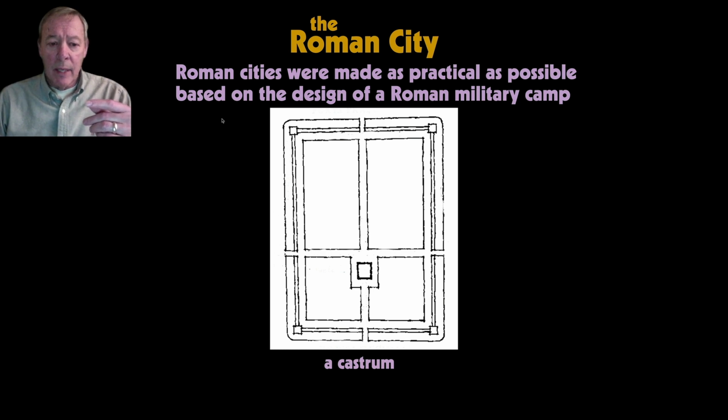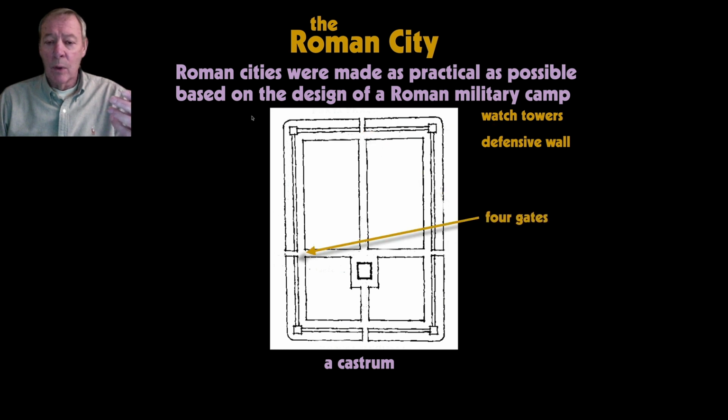The elements of a castrum would be a defensive wall made of stakes in case of a military camp. Each legionary would carry a bundle of stakes with him so that when they stopped they had the materials necessary to build the camp. It would consist of a defensive wall, then watchtowers at the four corners, 4 gates, of course, coming in from each direction, north, south, east, and west, and then a peripheral road between the defensive wall and the encampment area,